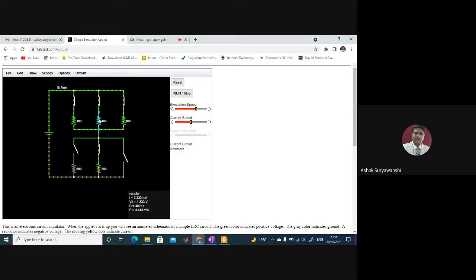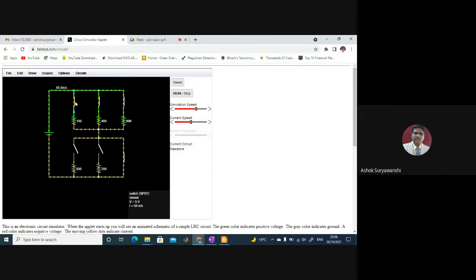Likewise, you can see here it's a 600 ohm resistor. If I connect here, the current will flow through the 600 and 200 as well as 200. Now suppose I open this and open this also, then what will happen? No current will flow through the circuit because you can see the yellow dots are stopped here. That means no current is flowing because this lower line is completely open, right? If there is an open circuit, current cannot flow. Now if I close this one, this is a short circuit, there is no resistance, then what will happen here? How fast these electrons are moving, you can see on the lower side as compared to the upper side.